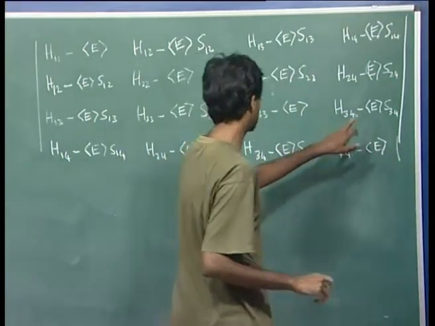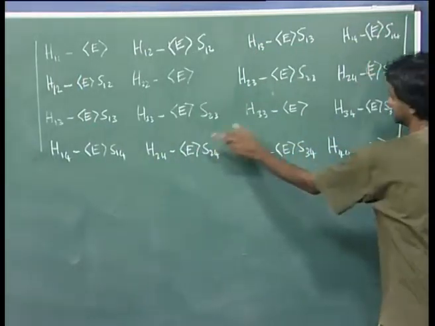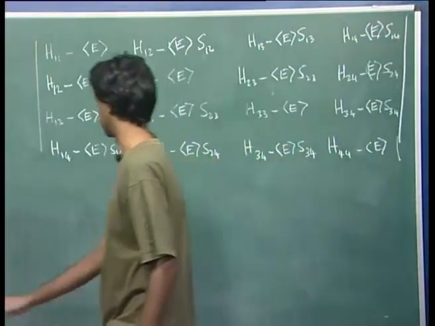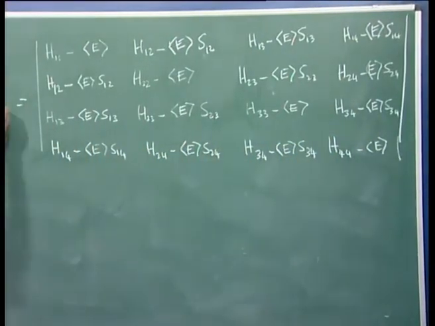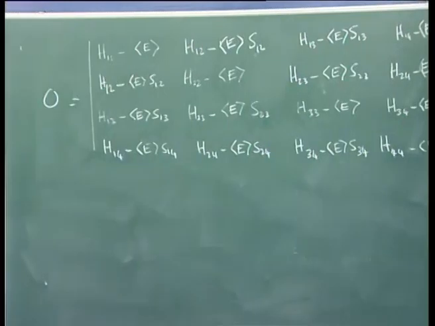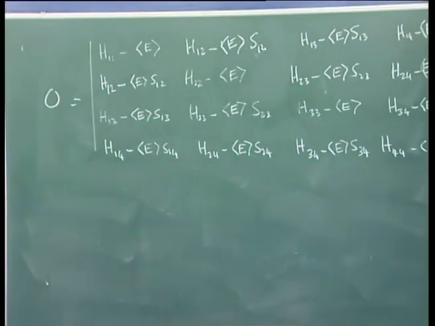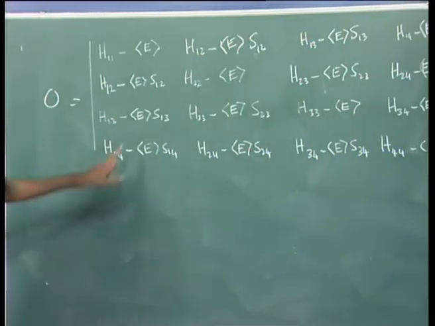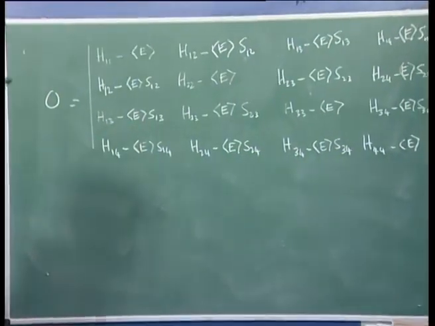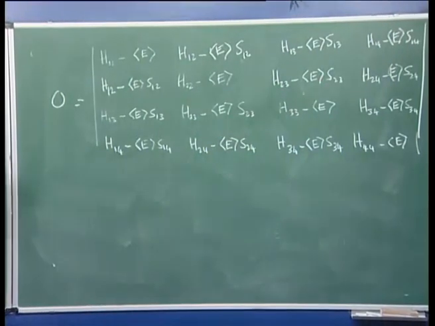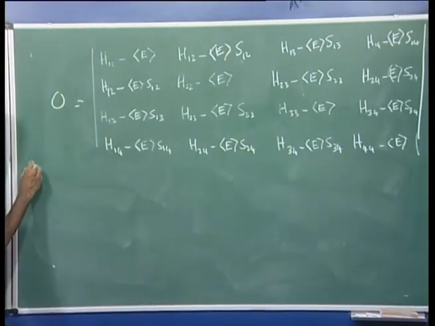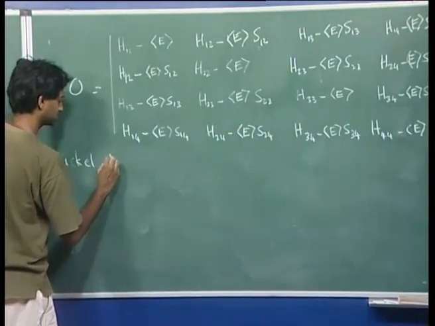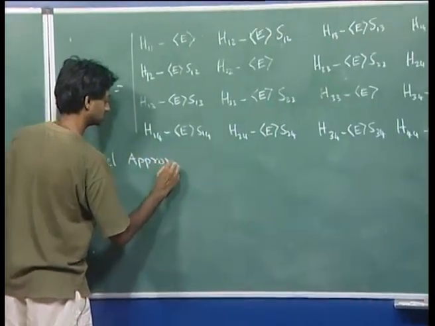So notice that all the off diagonal elements are identical in this picture, and this determinant has to be equal to 0. So you set this equal to 0, and you get some polynomial in E, and you solve for the energy. Now in Huckel molecular orbital theory, so Huckel approximations